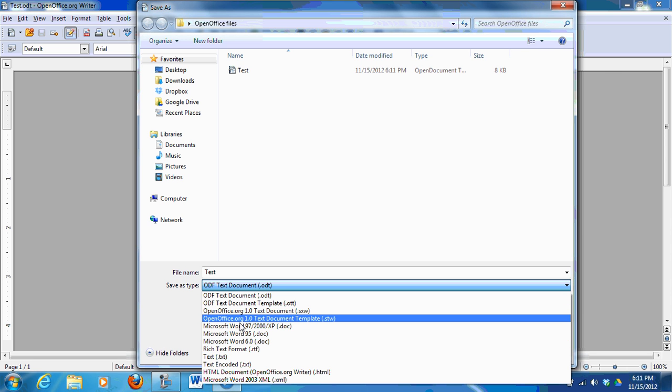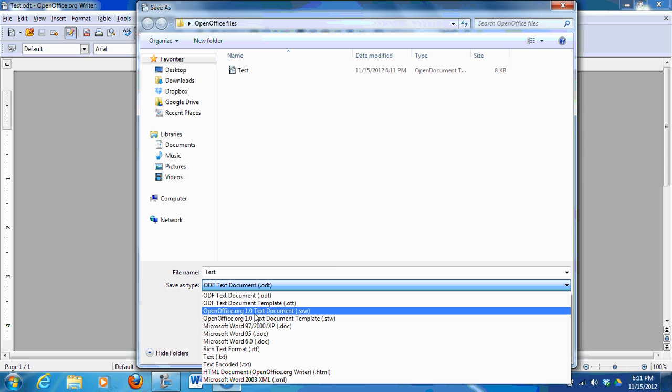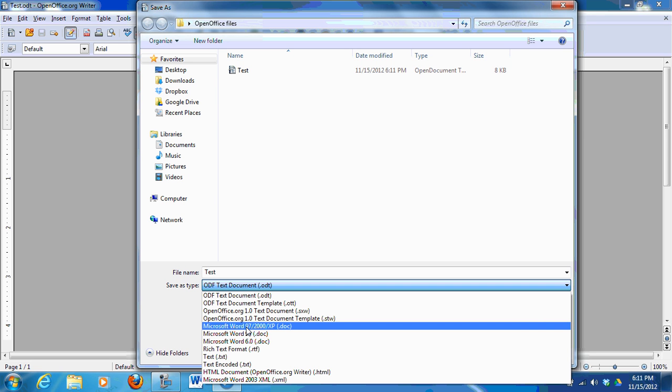In addition to saving it as OpenOffice files and different things, I have the option of saving it as a Microsoft Word file. Now they've not moved beyond 97, but that's fine, because anything we save in 97 will open up in Microsoft 2007, 2010 in compatibility mode, and we can always work with it then. So I'm going to go ahead and click on that, Microsoft Word,